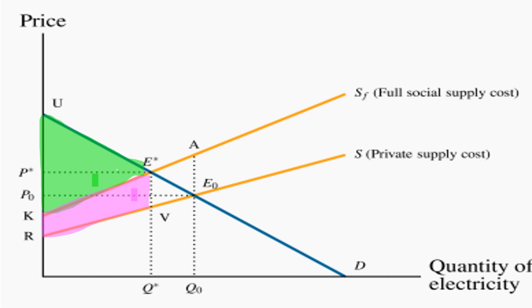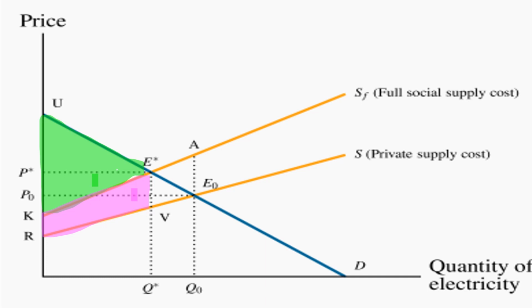And economists do not advocate such a zero pollution policy. Rather, we advocate a policy that permits a tolerable pollution level. So in this example, you see that the total cost of the tolerable pollution equals the area between the private and full supply functions, that is represented by KE asterisk VR, which is again highlighted by the pink portion in this diagram.